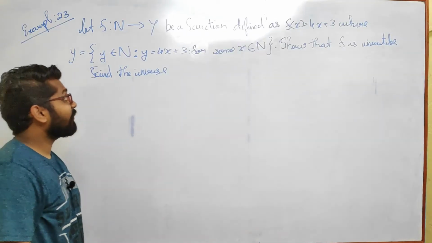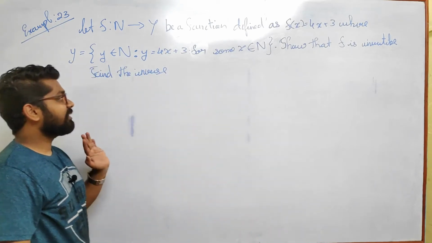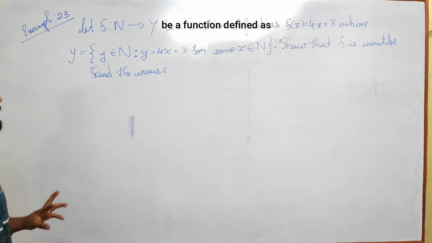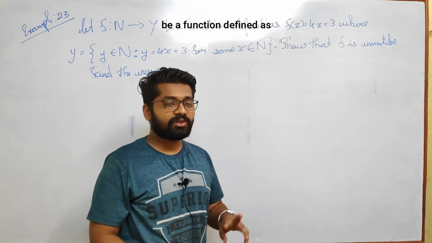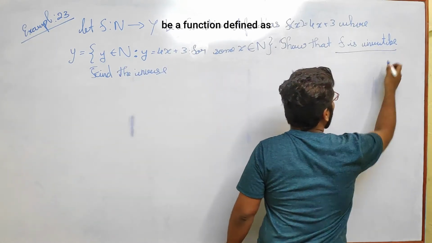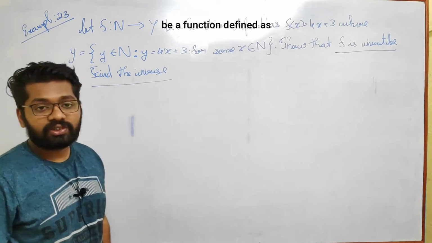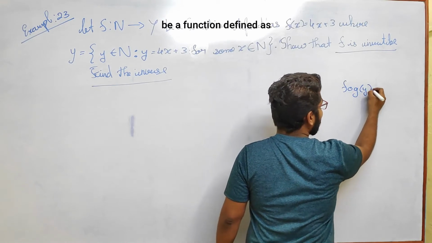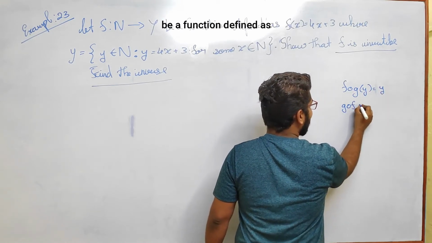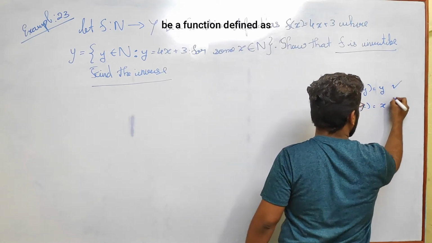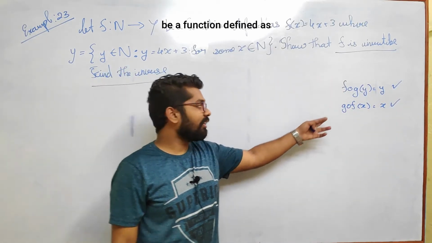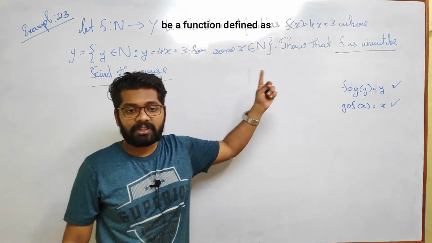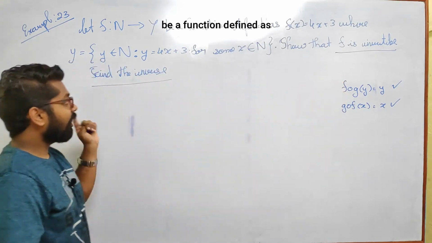So let us solve example 23. This is a basic question that we will be solving in order to understand the inverse of a function and invertibility. Basically they have assigned you two jobs to do. Which are those two jobs? To show that f is invertible and find f inverse. So both we are going to solve. To show f is invertible, we need fog of y equals y and gof of x equals x. If you are successful in proving these two conditions, then the function is called what? Invertible function. It means the first job is done.